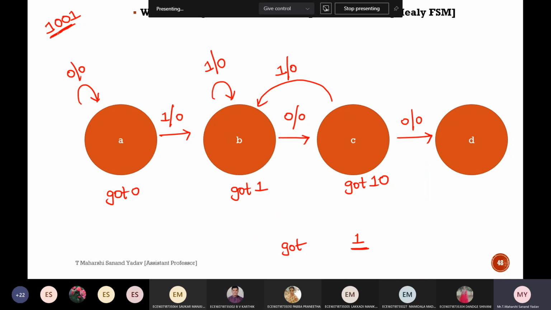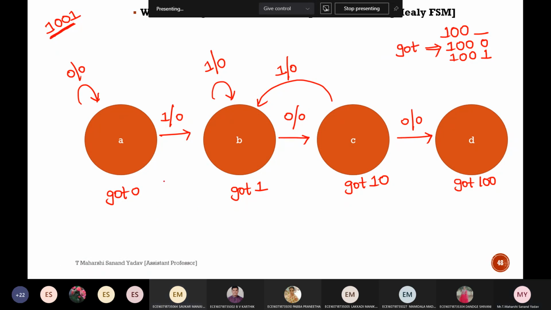Why 1 by 1? The complete sequence is not detected. We are only at 1 0 0. Here at the last state we will get it now. So here we have to write got 100. Okay. Now here you also need to check two cases: 100 dash, which is nothing but 100. It can be 0, and here it can be 1. Tell me for this one. Check for got A. 1000. So okay, it is going to A.